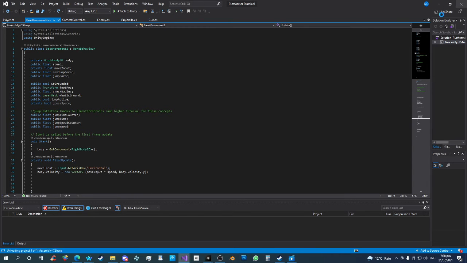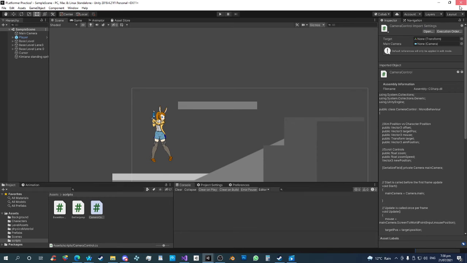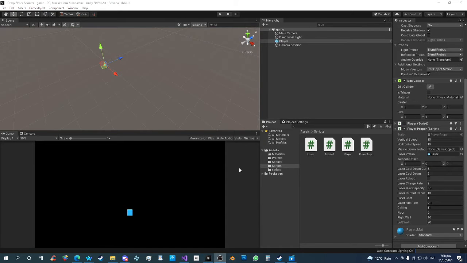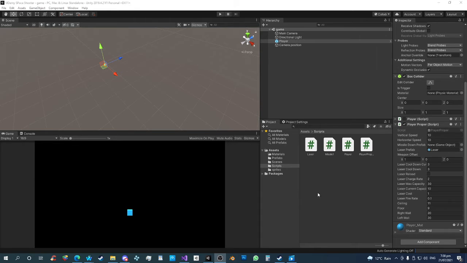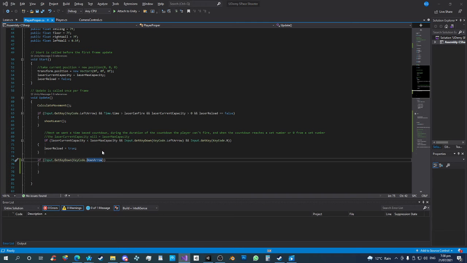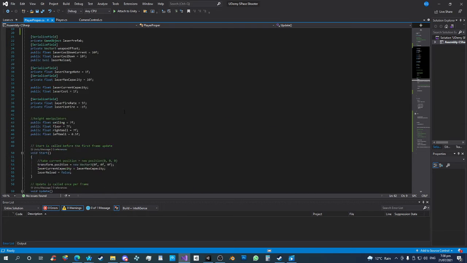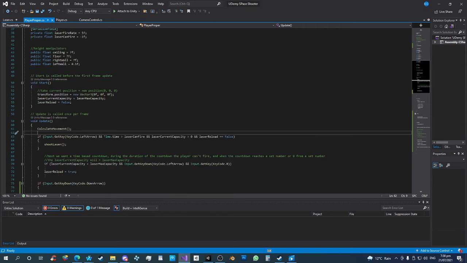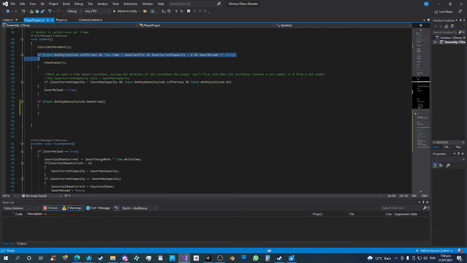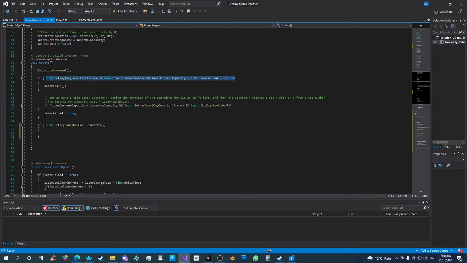Now, getting to the Udemy space shooter, and this is actually what I'm truly proud of, because this was a script that I essentially did completely on my own, and it's actually based on the Blackthorn Prod script. So I'm going to go grab the player proper here, and I'll show you what exactly I did. So this here will shoot your laser, and